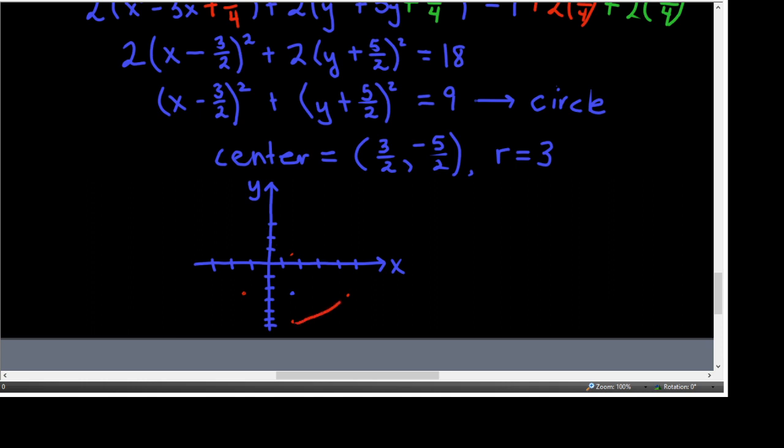So this is why you want to be very careful with the spacing on the X and Y axis. If you're going to graph a circle that looks like a circle, they have to be the same. That's a really flattened out circle, but if I'd done this on a well-constructed grid, it would have been just fine. All right, so that's going to be the end of this part, and we'll continue